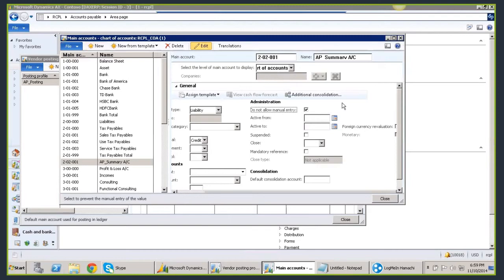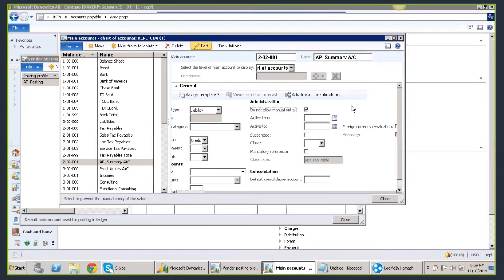Why do you have to check this? In 2012, automatically this is going to be checked. What is the significance of checking this one, do not allow manual entry? So you can't actually post to that account if you're doing a transaction. It's only going to be a total account.